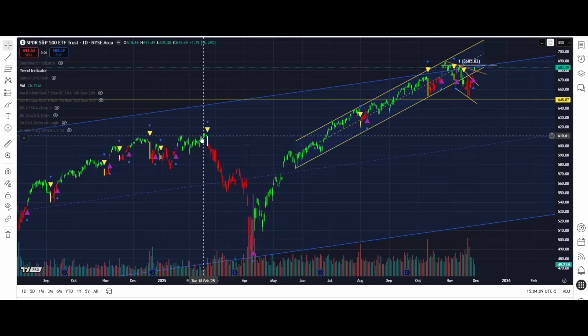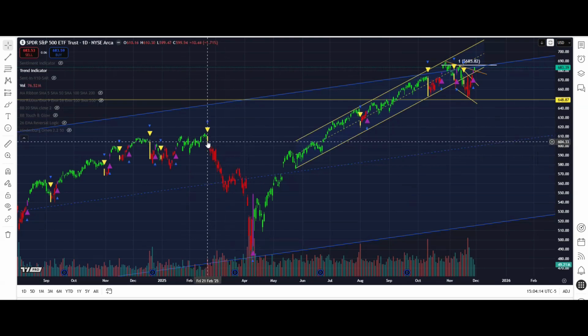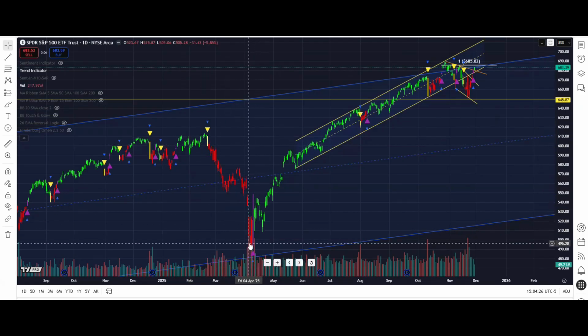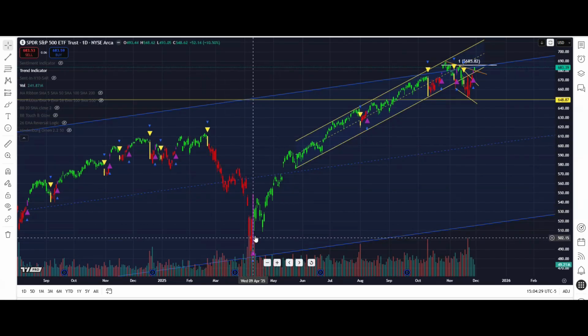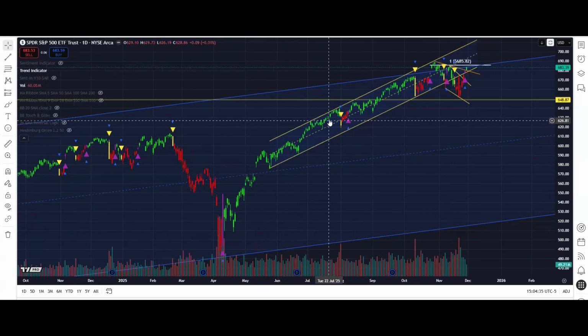So obviously, at the start of the tariff crash here, we had that big trend change. It's signaled. The yellow bar could essentially be a red bar, but it's yellow to indicate it has now changed. Warning you, this is it. It's changed now. And then when we get that purple bar, again, that could be a green bar, but it's purple to indicate, hey, trend has physically changed. And then we go up from there. And you're seeing that